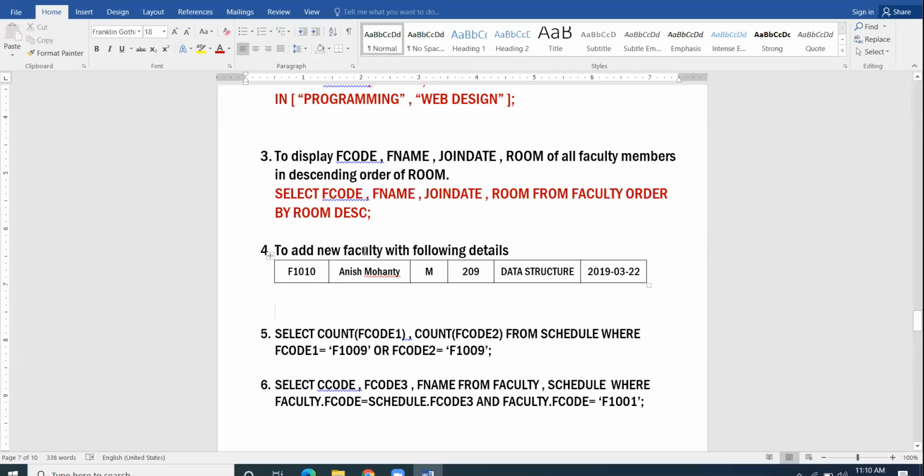To add a new faculty with the following details, you are to insert a new record in the faculty table.